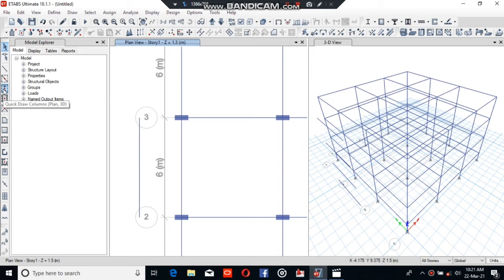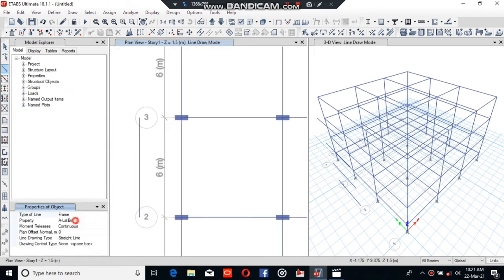Now assign the beam. So select the beam. These are all the sections, but we will select this one, and here select the B1 as we already provided in section property. So here select not a straight line, but 3 arc points.